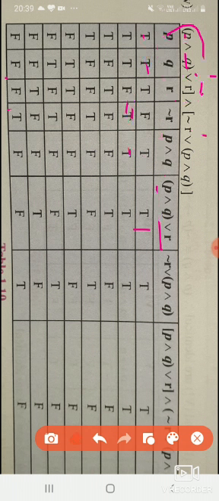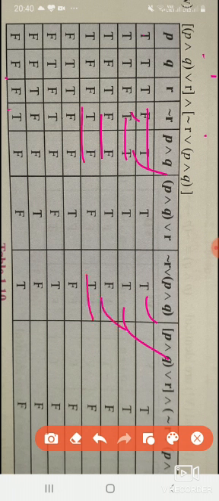Then the left side is over. Then we will see the right side. First we need P and Q. P and Q we have already found over here. Once again no need. Negation of R is also there. Then P or R formula: false or true is true. Both are true, true. Both are false, false. That is the OR table. True, false, true. False, false, false. True, false, true. Both are false means false. So we are using the OR table over there.